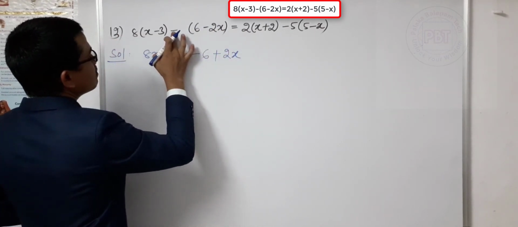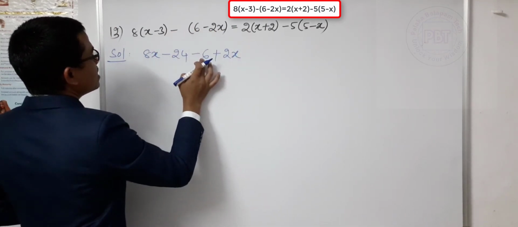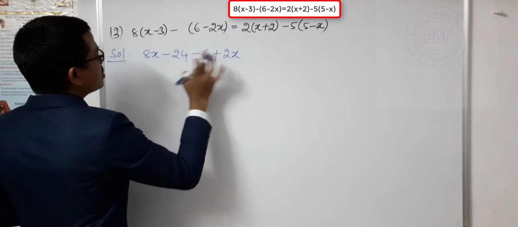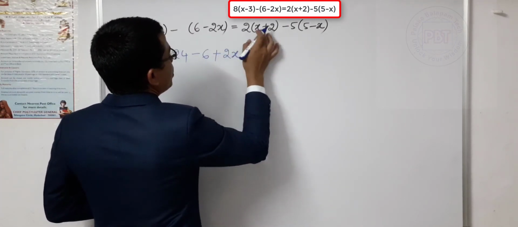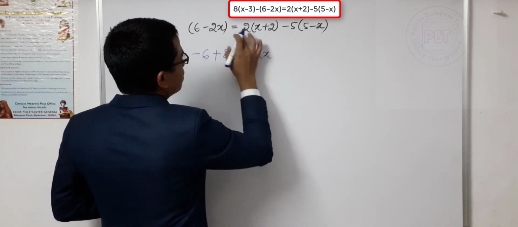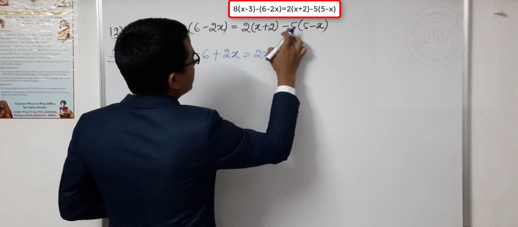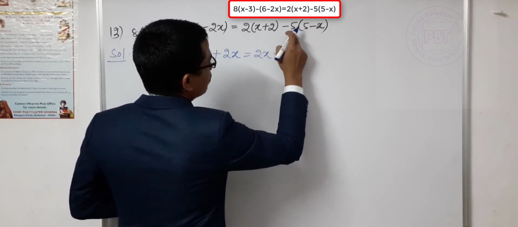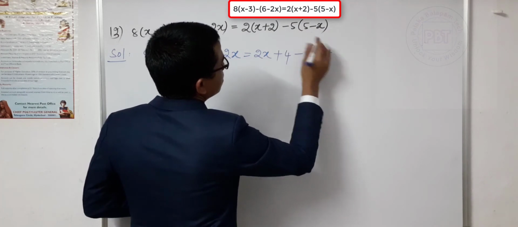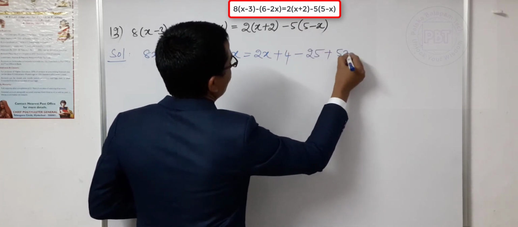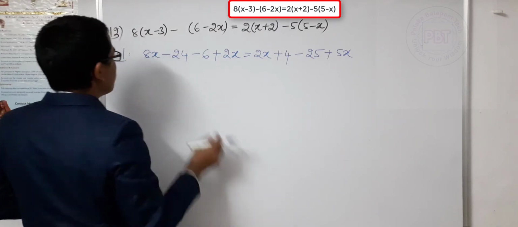Simply minus is minus, we are multiplying for the inside the bracket terms. Minus into plus minus 6. Minus into minus becomes plus 2x. Now here 2, I am going to multiply, that equal to 2 into x, 2x, plus into plus, plus 2 2s are 4, minus into plus minus 5 5s are 25, minus into minus becomes plus 5 into x is 5x. Add or subtract the like terms on both sides.